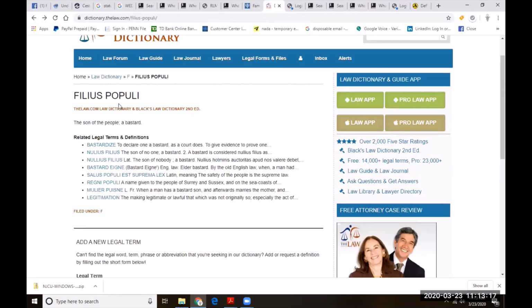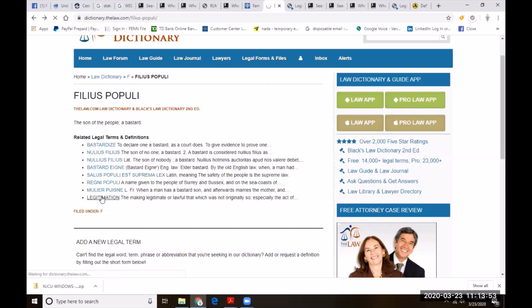Filius populi, the son of the people, a bastard. The related terms are bastardized, to declare one a bastard as a court does, to give evidence to prove one. Nihilus filius, the son of no one, a bastard. A bastard is considered nihilus filius. Nihilus filius, the son of nobody, bastard. Bastard igni: by the old English law, when a man had, and there's more to it,